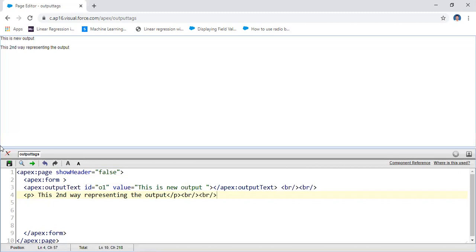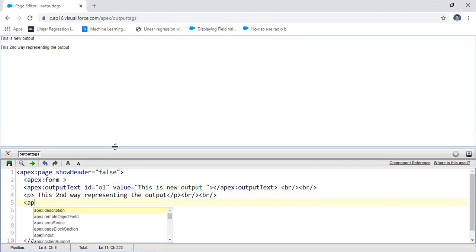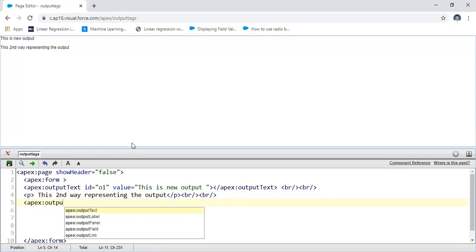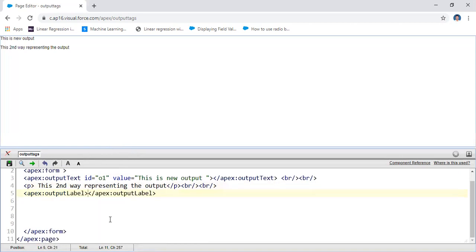Here we are representing by using a label also. For example, apex colon output label. Under this label you may write something here.